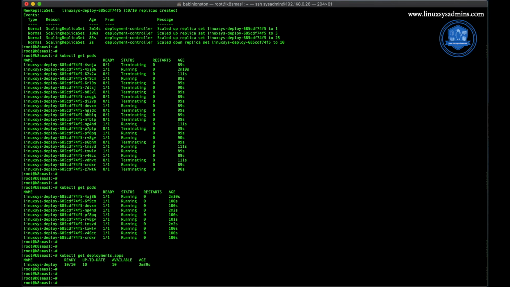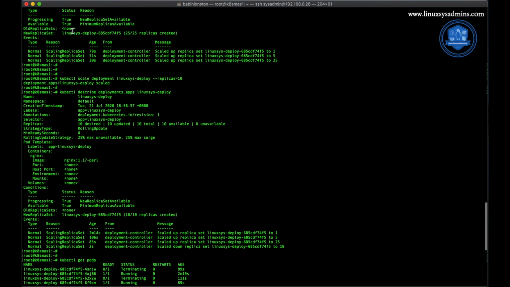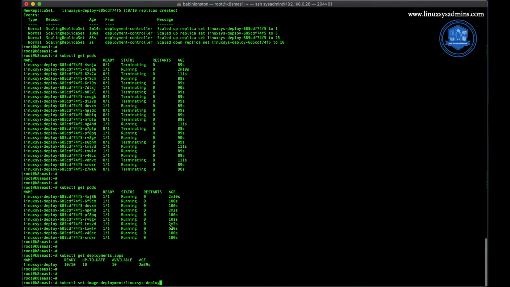let me show you now how to upgrade the image of the deployment without downtime. On the fly we can do that. kubectl set image deployment/ the deployment name is linux sys-deploy.